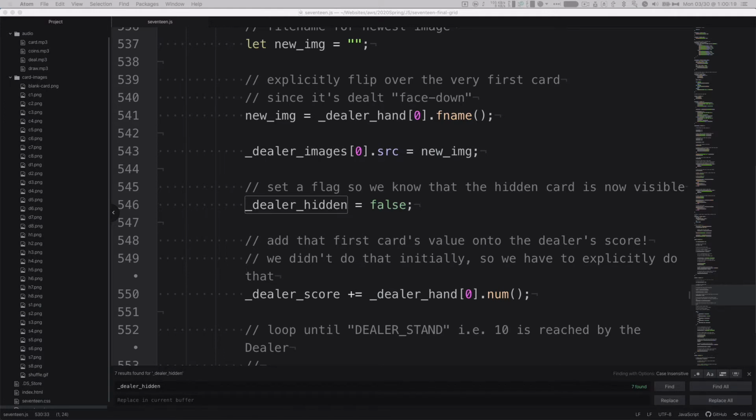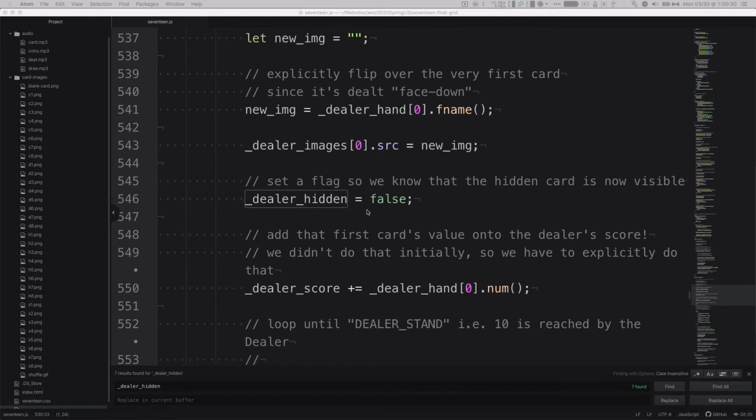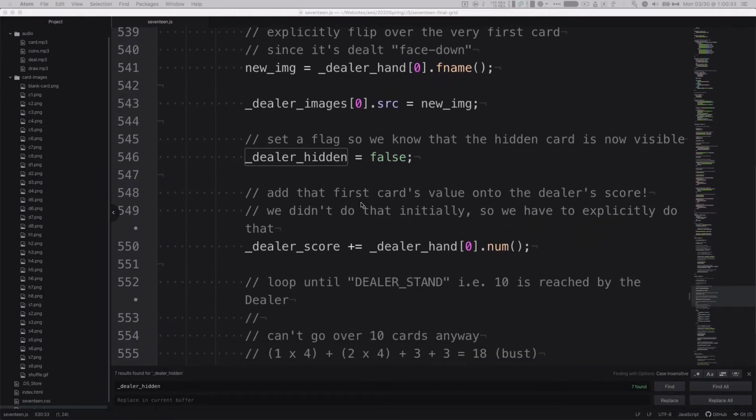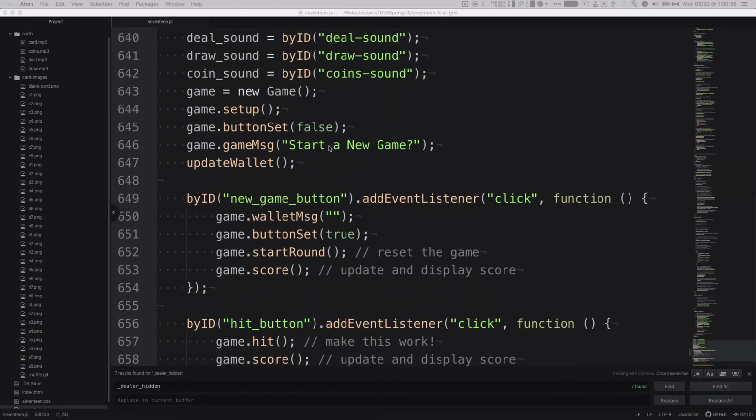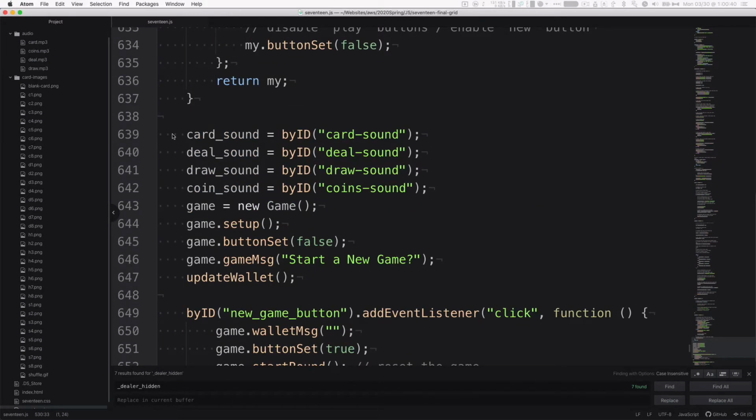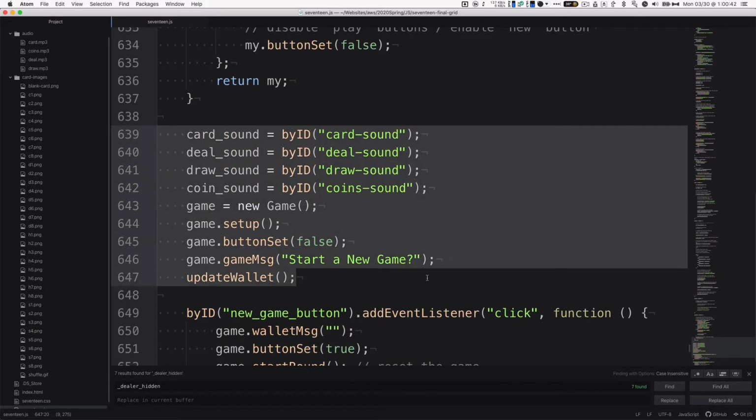If I want the program to do something, do I just put in, for instance, deck my dot shuffle? No. If you want the program to do something, it depends where in the program you want it to do something. So if you are doing something at the very bottom, like in the general functioning of the program,